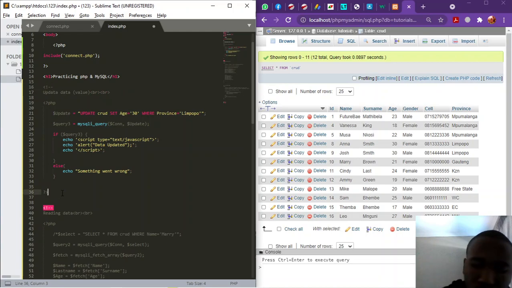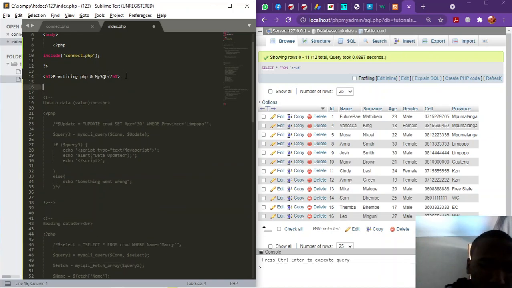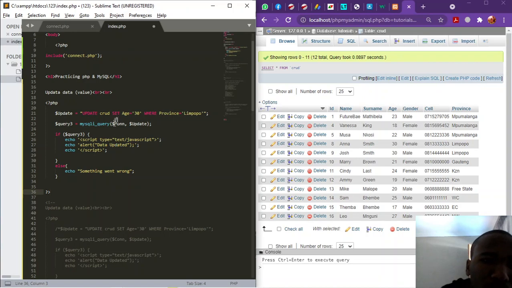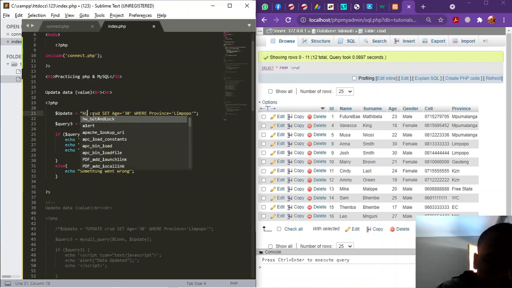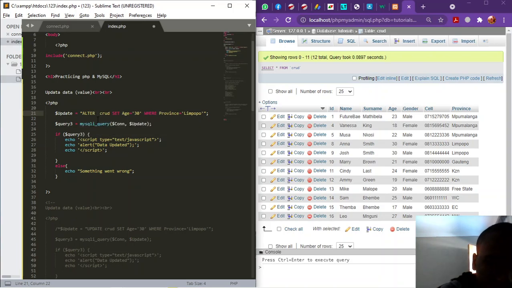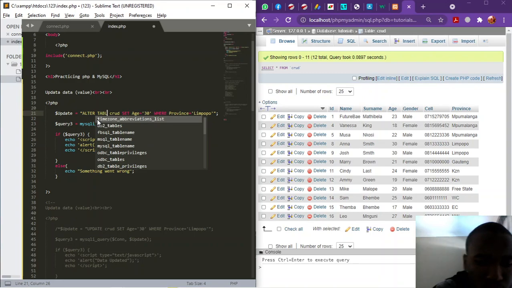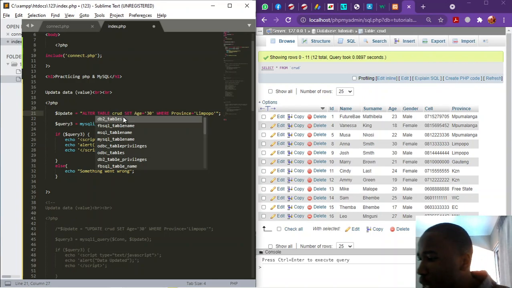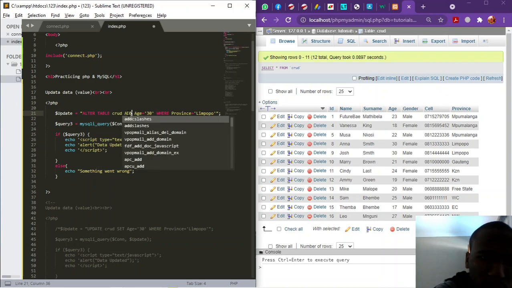Now we want to add a column, so we'll say alter table CRUD, right? Our table name is CRUD.